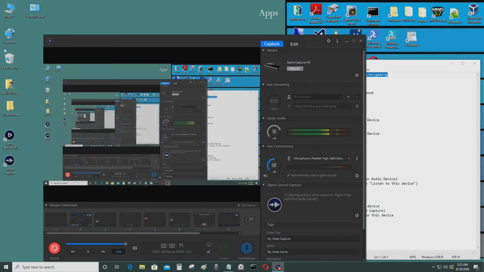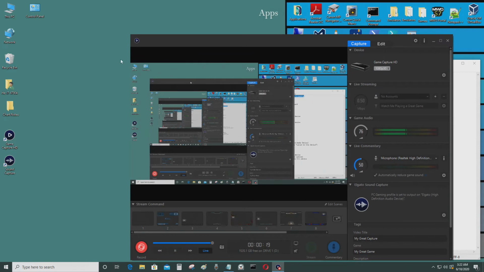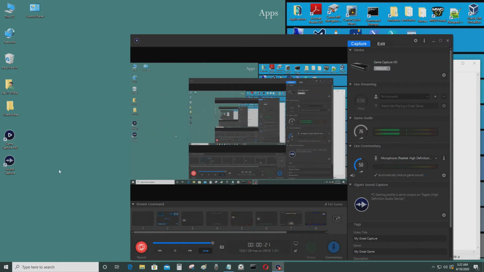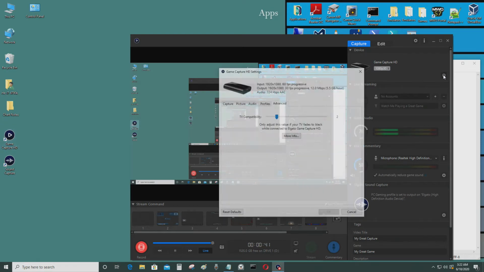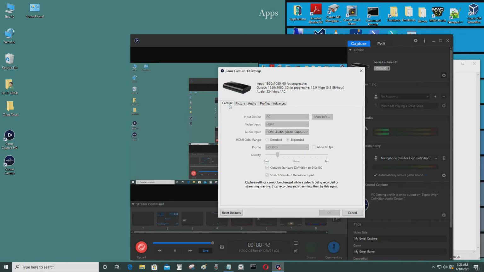So after you install the program or the driver, you have these two icons right here, and you just click on this and start it. This one right here. And when you start it, you get to this screen right here. So you click on this gear, you go to capture. See, I selected PC,